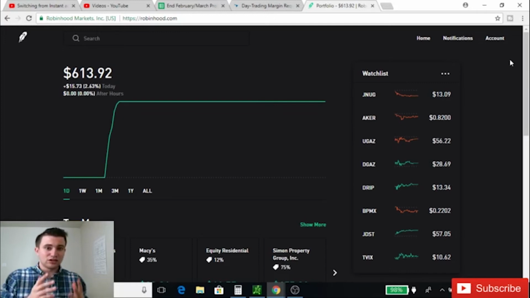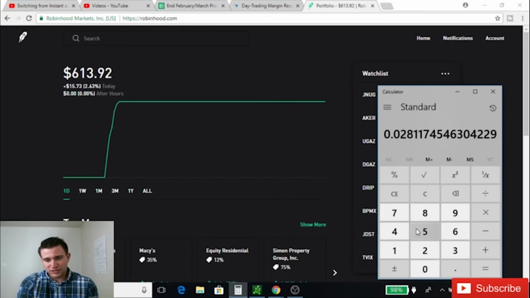So yeah, the end goal is to eventually get the account up to 25,000. That will be awesome, because if you can get it up to 25,000 and do Robinhood Instant and then day trade with that 25,000 and take those profits, I put the calculator up here for you guys. I don't want to make this video too long, but look at your numbers. 25,000. Let's say you just average 4% a day. You're talking $1,000 of profit a day. You're only going to bring home roughly, let's say, 65% of that. You're still talking $650 a day.